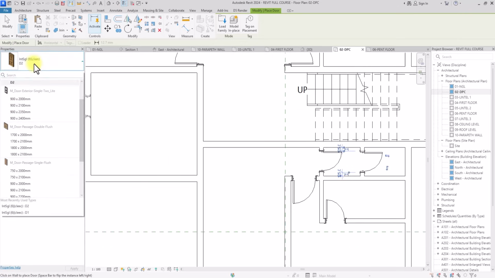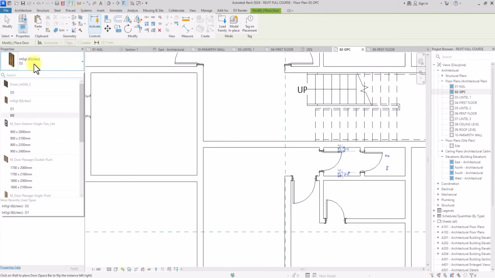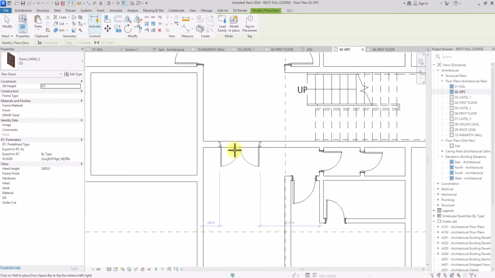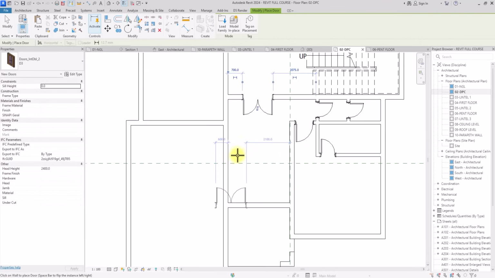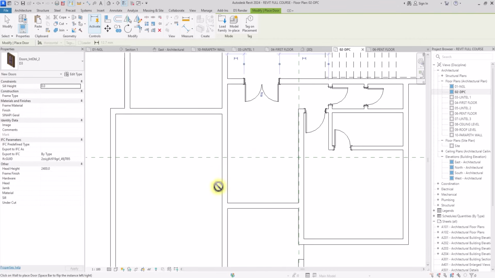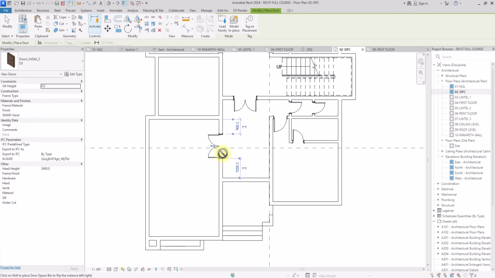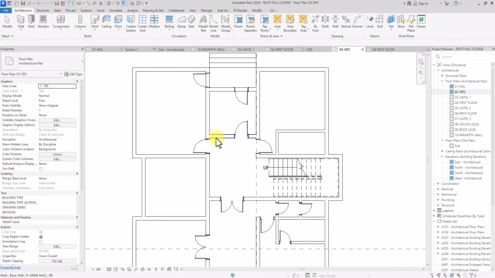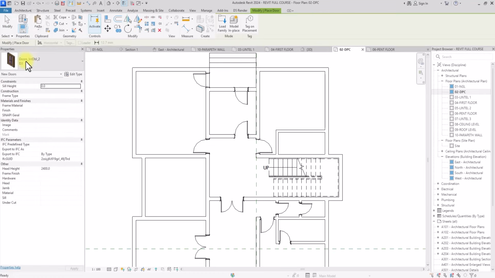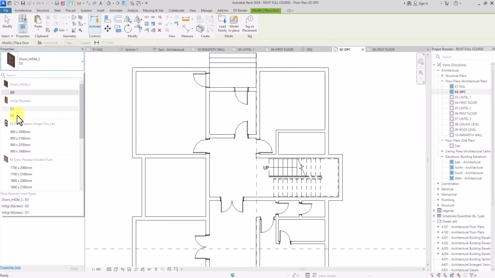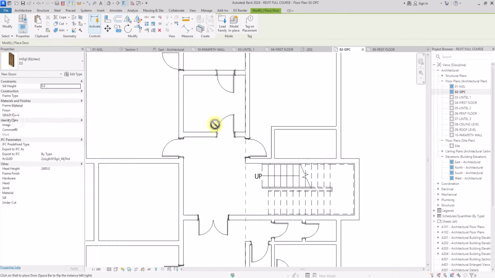Let me place a double door. So now I'm going to select this double door. I'm going to place one here for access to this corridor. I'm going to place another door here that is for access to this living area. Then I'm just going to place another small door here. Go to doors. Now I want to use some sliding doors, but I don't have any,